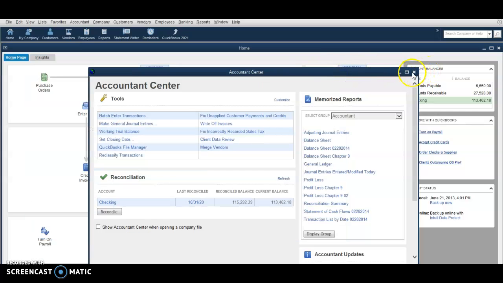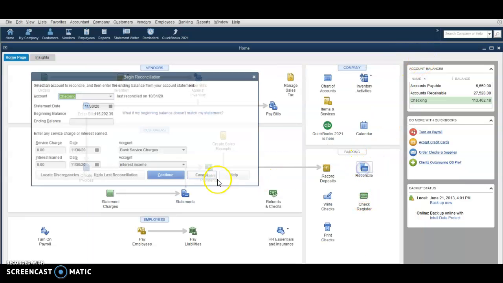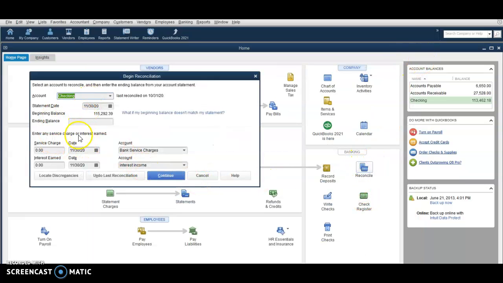So for reconciling the checking account, you would come over here to where it says reconcile. Then you're going to pull this up. You're going to change your date to what your statement date is. You're going to put in your ending balance for the account, what your service charge for that period was, and what your interest earned for that period. And then you're going to click continue,